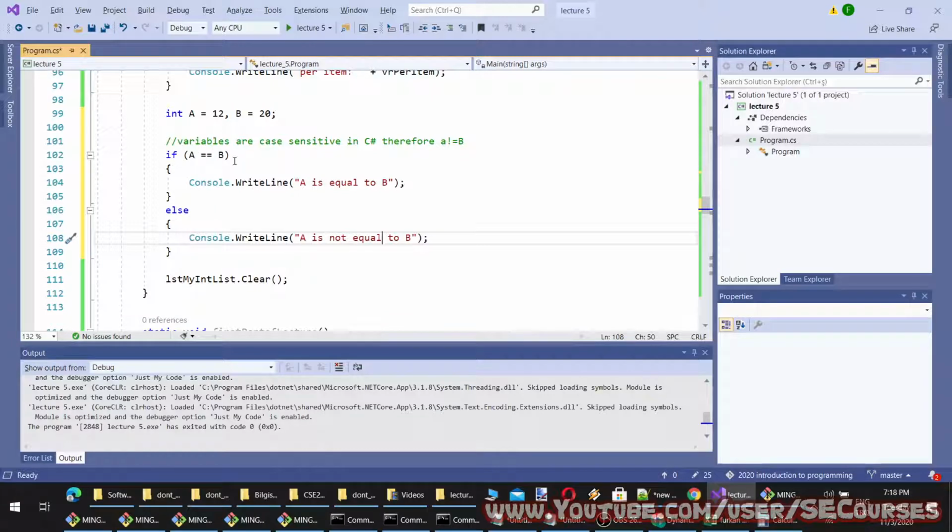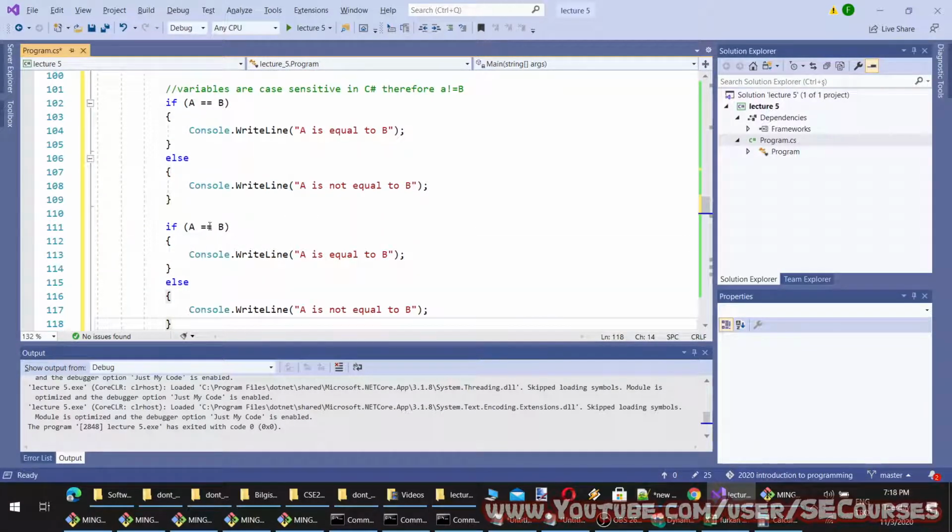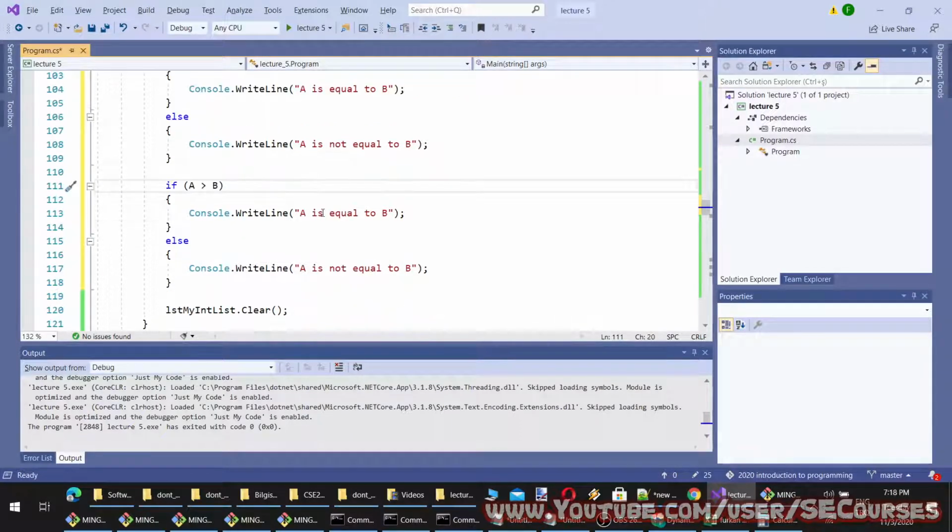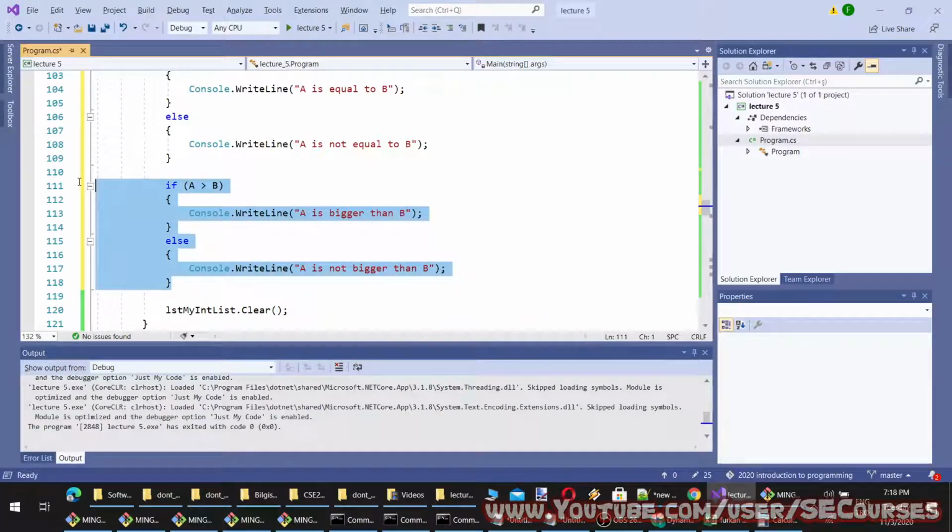There are more operators we can use. For example, if a is bigger than b, then b. If not, we can say that a is not bigger than b. However, can we say whether it is equal or not? We can do that this way.